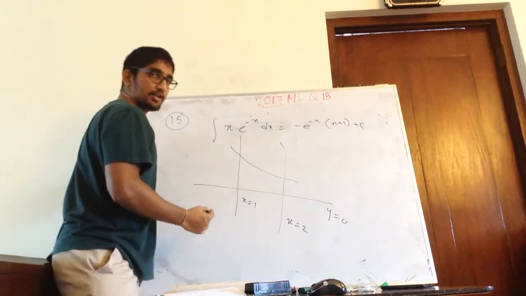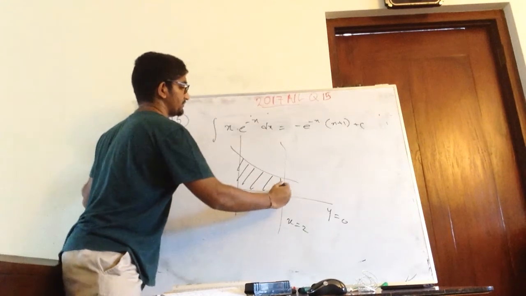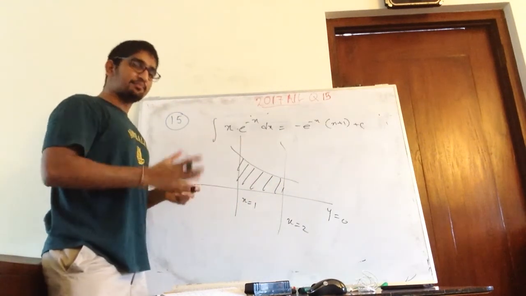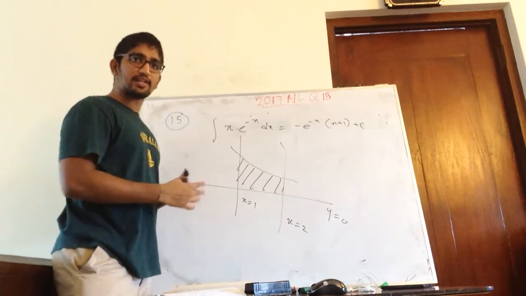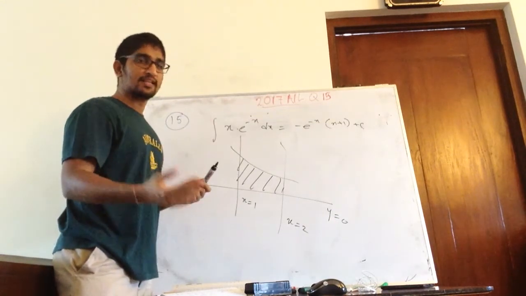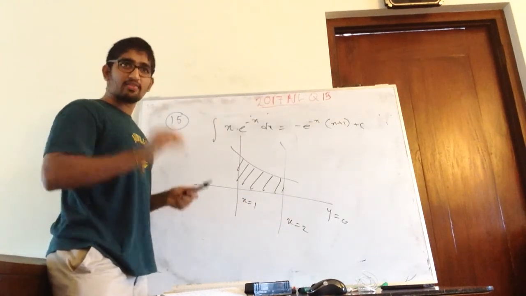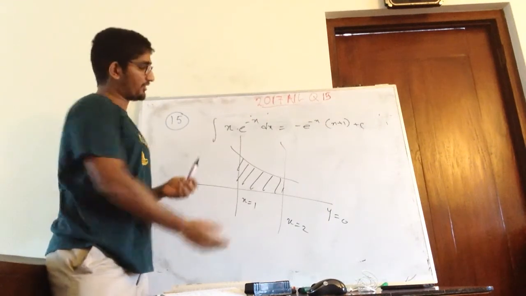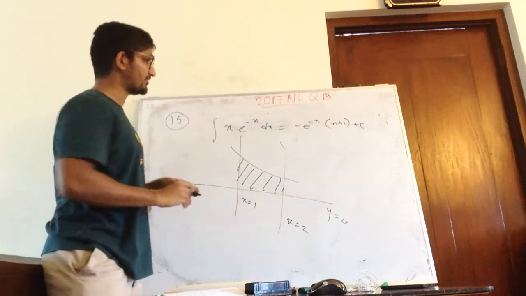So they are asking what? The area enclosed here, right? So this is the basic way. This is basically how to get the area using integration. So these two will be the limits, right? They haven't said that straight away, but this is what it's going to be. So you can get the answer very easily.